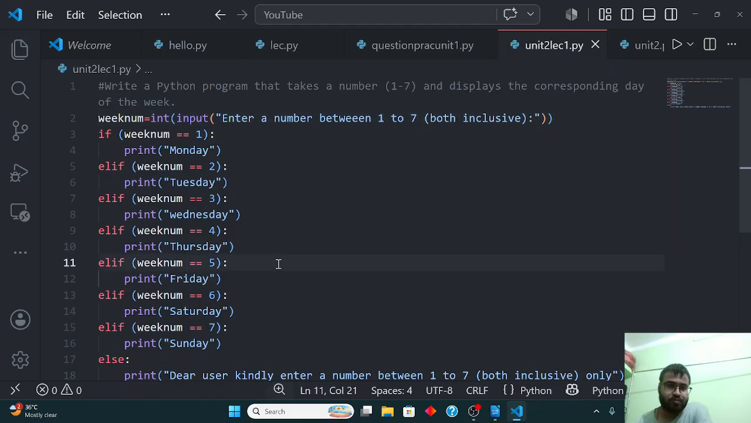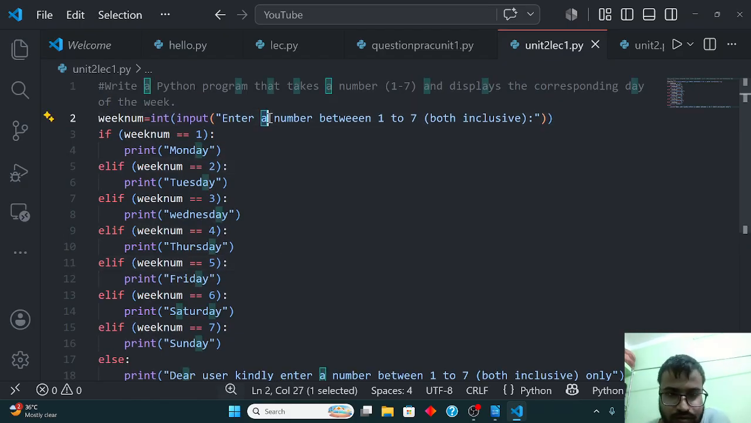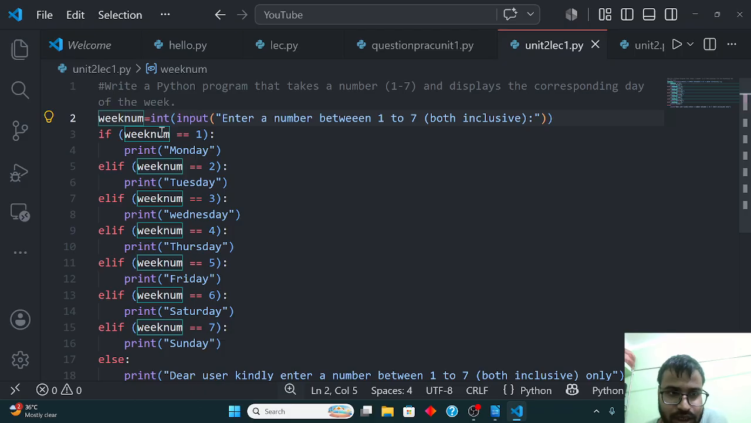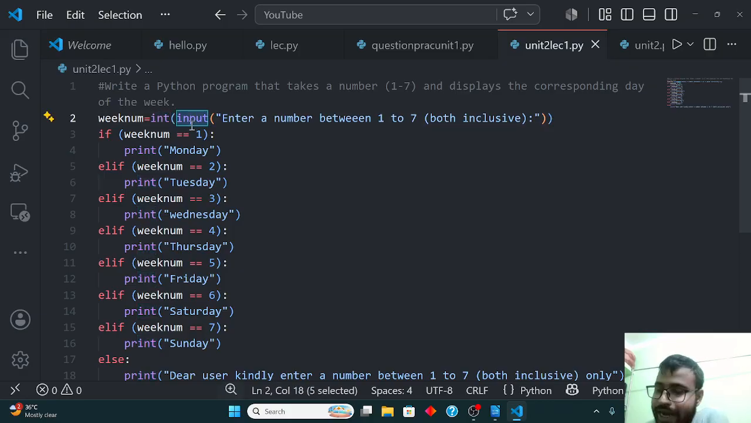So we are done with this program. Before heading ahead, I would like to explain this. We are taking week num as the variable name, in which we are using int for type conversion, or you can say typecasting or explicit type conversion. And the input function helps us to take